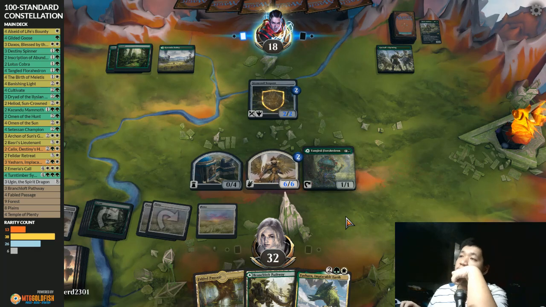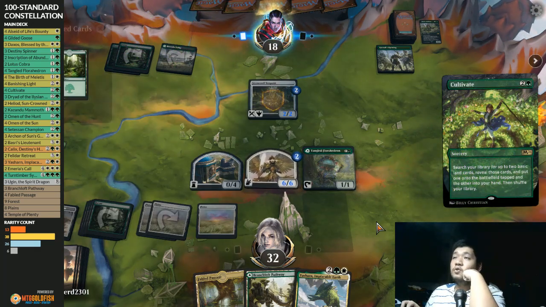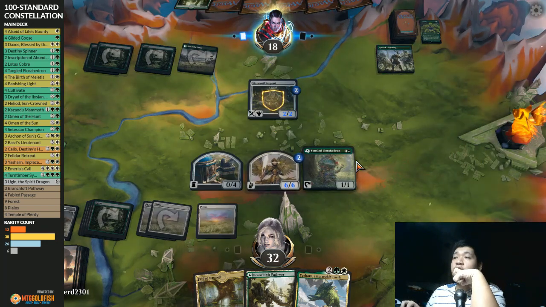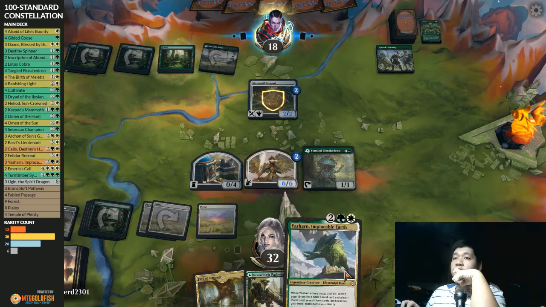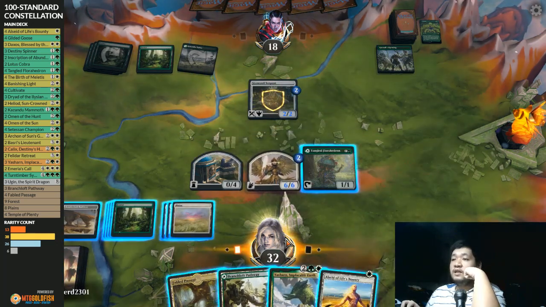Opponent's gonna cultivate. Now it's their turn to ramp, so we kind of have to start beating down now. At least we have a Yasharn, but we probably should stop drawing lands at this point. I'll say it's fine. Okay. Well,